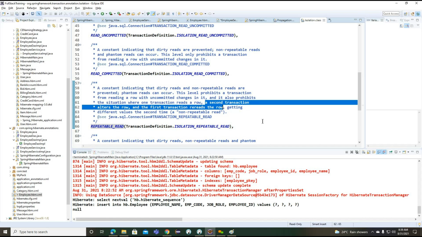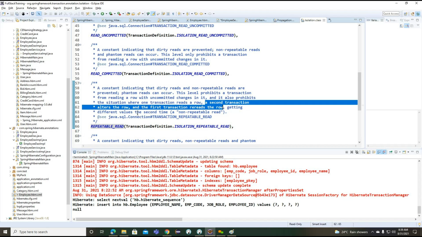Getting the point? So the particular transactions are going to perform the sum of the columns available in the table. Those changes are not yet committed, but here we are not going to work on the repeatable data. So transaction 1 is updating and transaction 2 is loading. Transaction 2 is updating, transaction 1 is loading. Getting the point? This is the way we are trying to load the repeatable read data. Transaction 1 is going to alter the row, and transaction 2 is going to read the data, and then transaction 2 is going to reread the data.